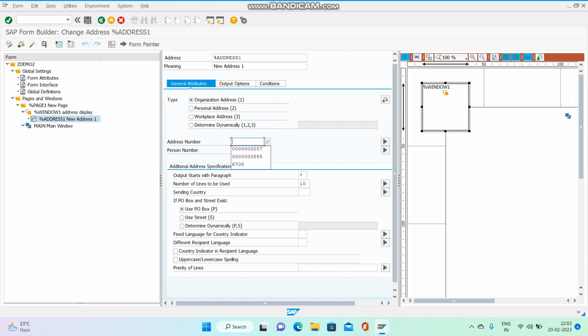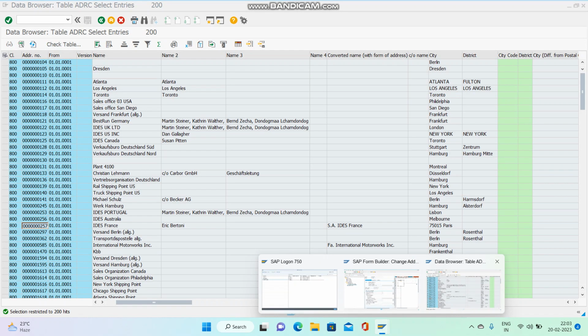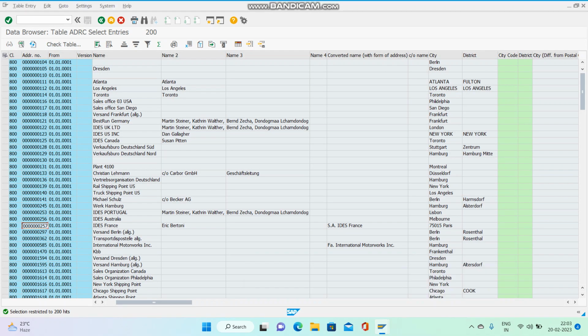I will make a detailed video for that in another video. Currently, if we know the address number, then we can simply write the number here, and that will give our address. Like suppose if we know that our address number is 1594,